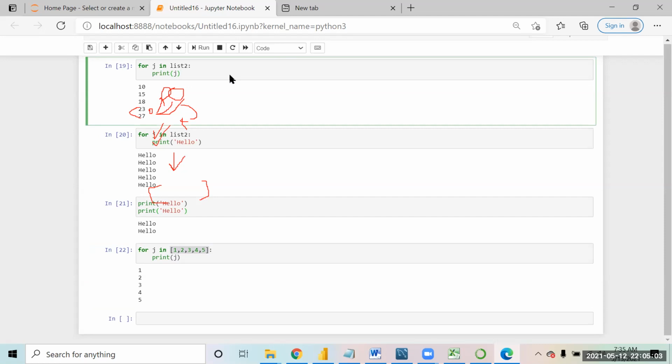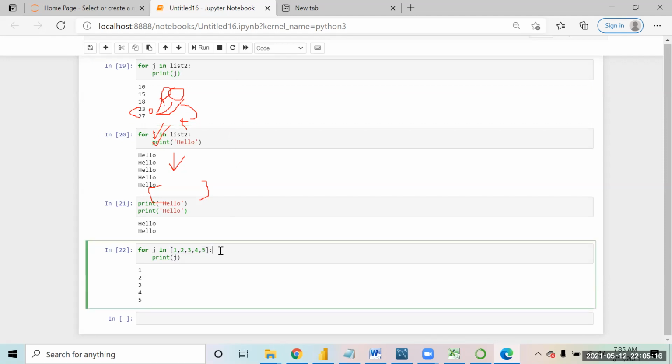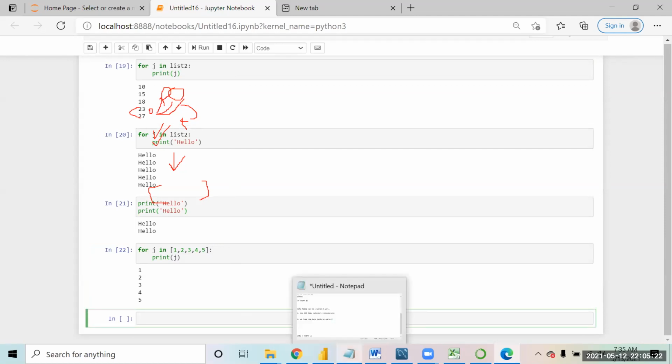So is the for loop always used to print the list which is defined above, or is it used for any other purpose? No, it is used for multiple purposes. The people who have worked in C, C++ or Java will know the for loop exists over there also.